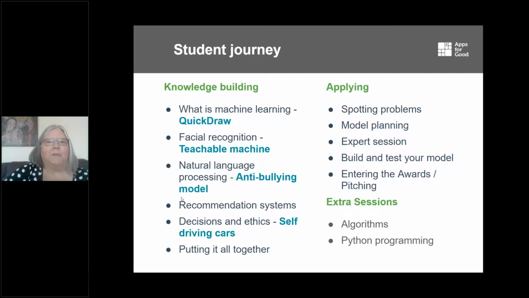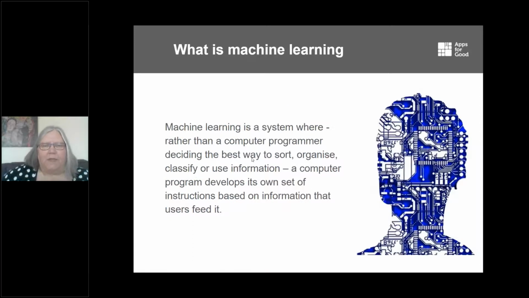So for the main building part, these are some of the things that we're going to be having a look at on the next few slides. Just a quick update, so we're all talking about the same definition of machine learning. Rather than programming step by step, you are giving the program a whole load of data for it to analyze. Sometimes we'll label that data so it knows what it's looking at and can learn from that, and sometimes we leave the computer to identify patterns of its own.